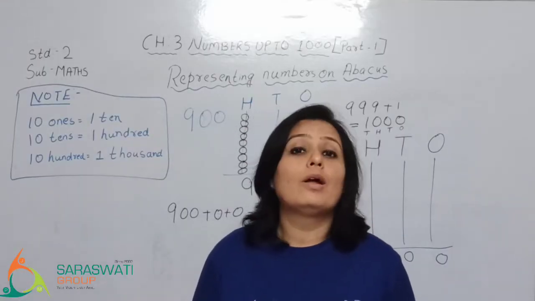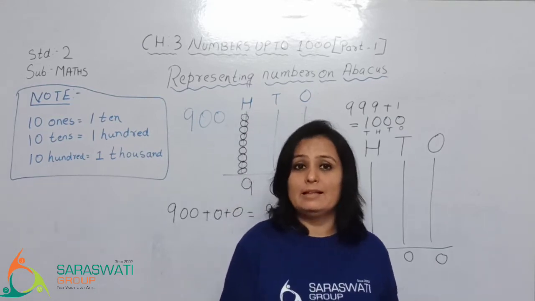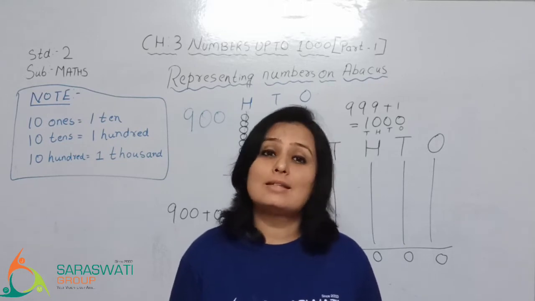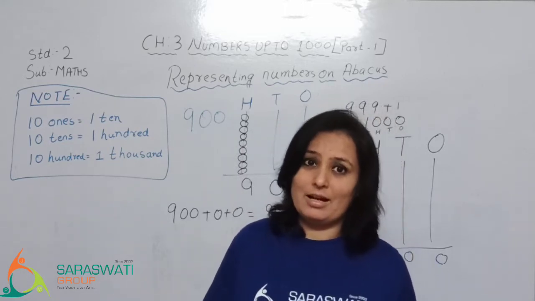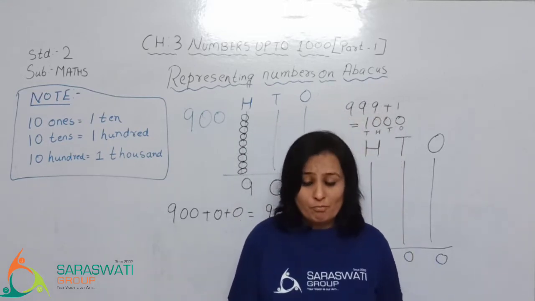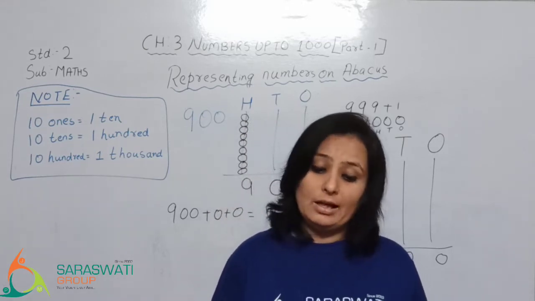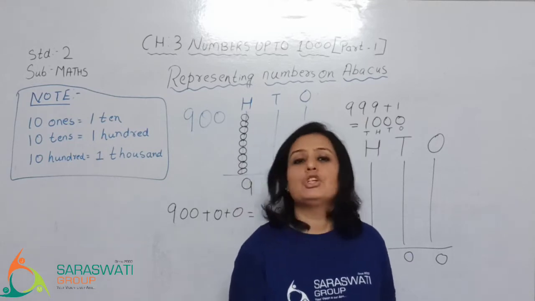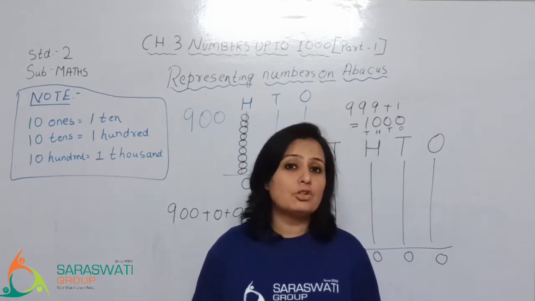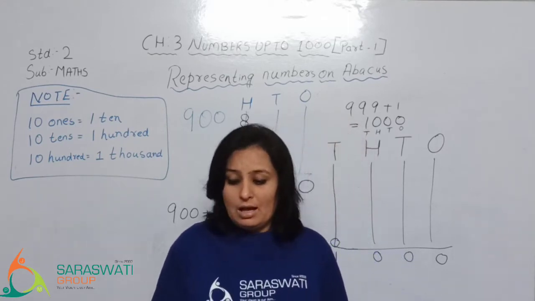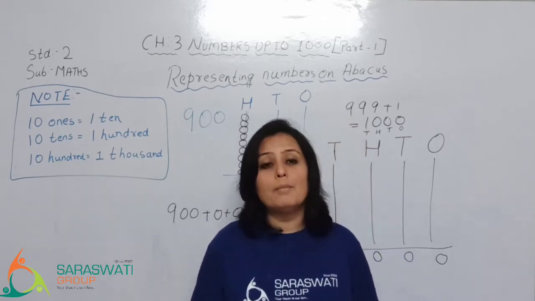Children, I hope you are now clear after seeing the practical examples of the abacus. Now it's time to give the homework for the day. The homework is you have to open page number 120, question number 2 and question number 3. It is the revision of last year, but in question number 3 it is given: write the numbers shown